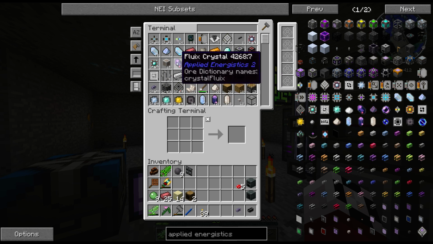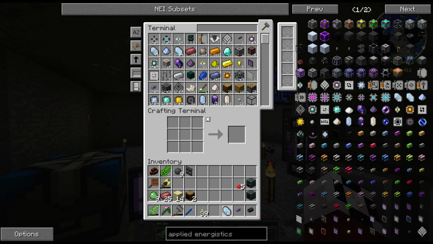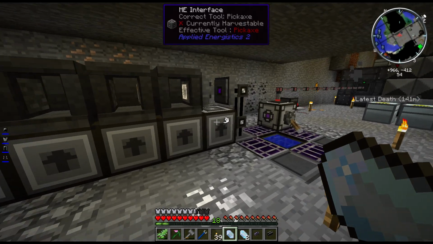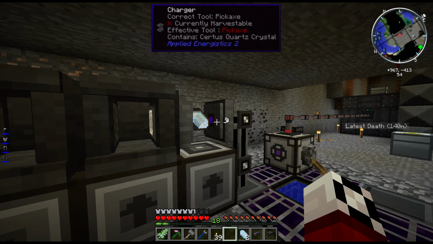How you do the flux crystal. Now this is fun. We'll go ahead and do both of them, I guess. And so you need charged Solstice quartz crystal. There's no ifs, ands, or buts about that. It has to be charged. You can take your normal Solstice quartz crystal we got here, and if you put it in a charger, it charges it